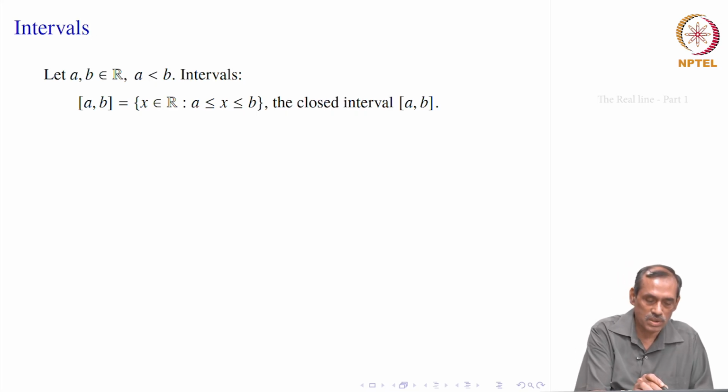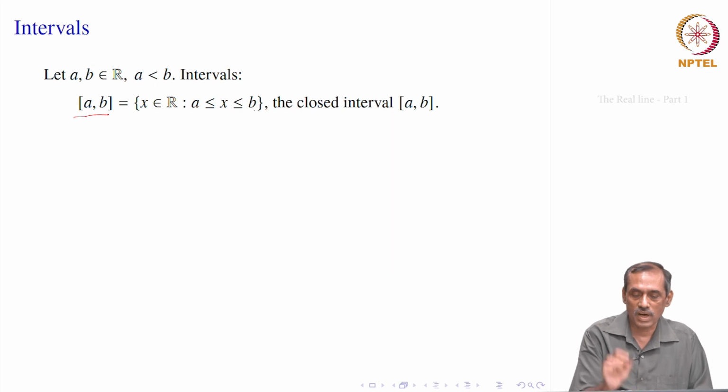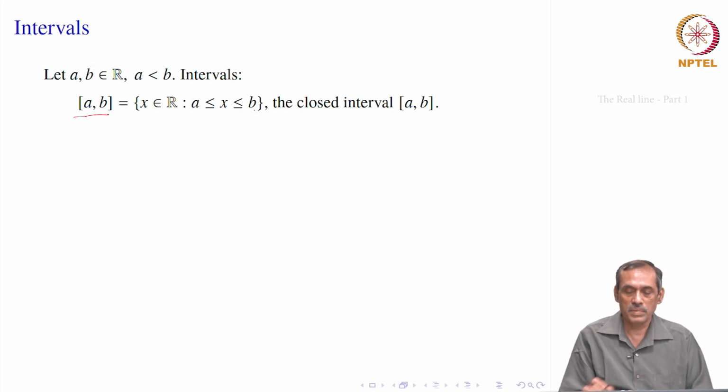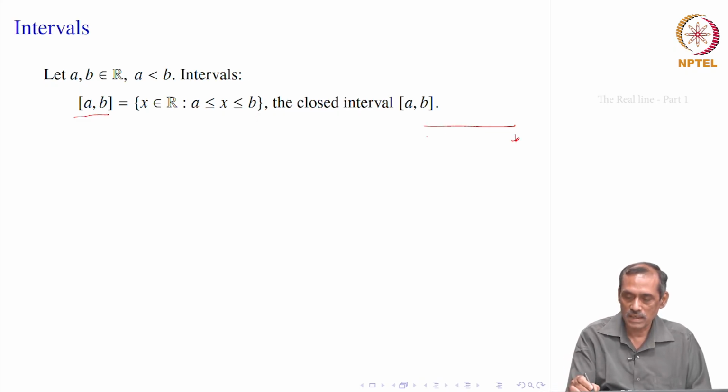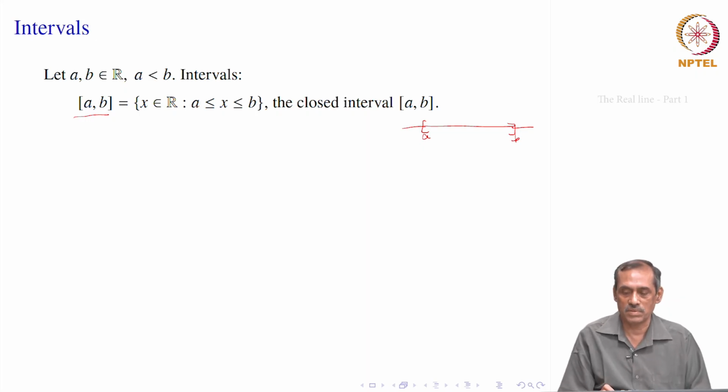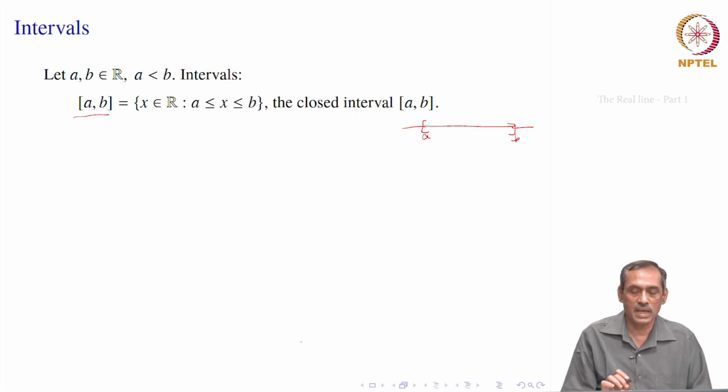This notation which says closed left bracket, and then the right bracket. So, square brackets a and b, this is how we write. This will denote the set of all numbers between a and b and including those two also. So, suppose a and b we write here, b and this is a. So, when we write like this, it means this consists of all numbers inside this along with a and b. The numbers outside in the real line, they are not inside that interval, they are in R of course. So, this is the closed interval, we will say closed interval a b consists of all these numbers.